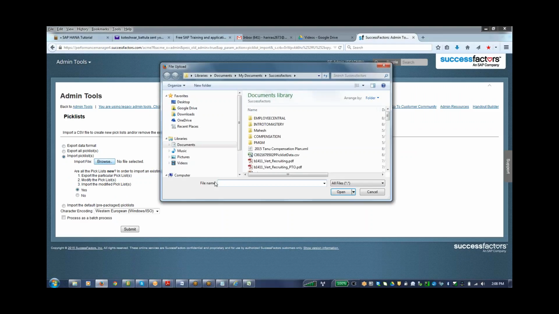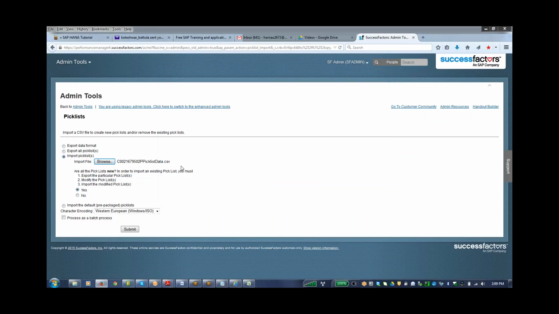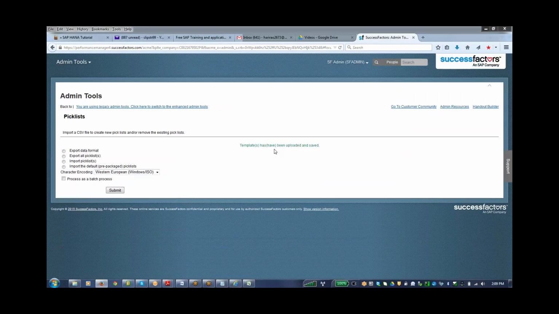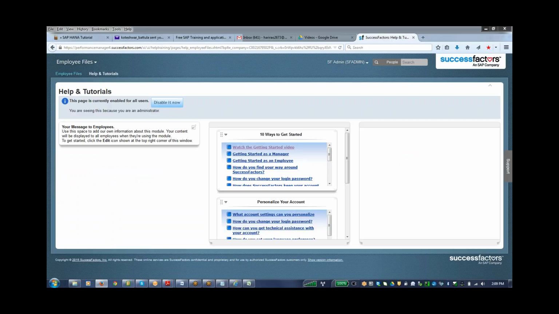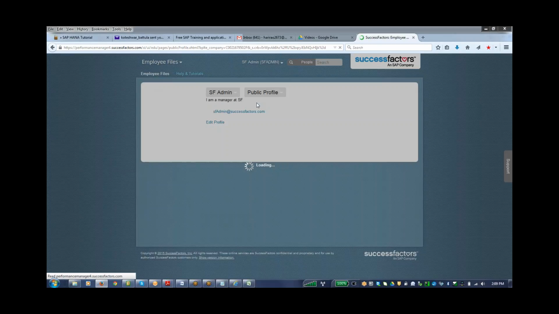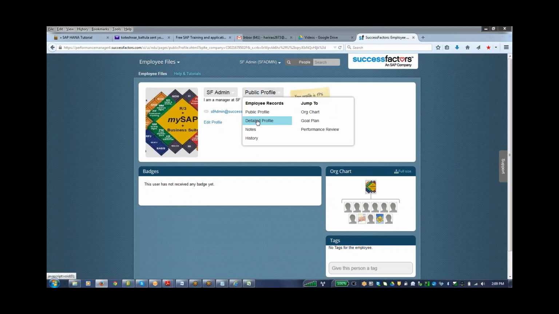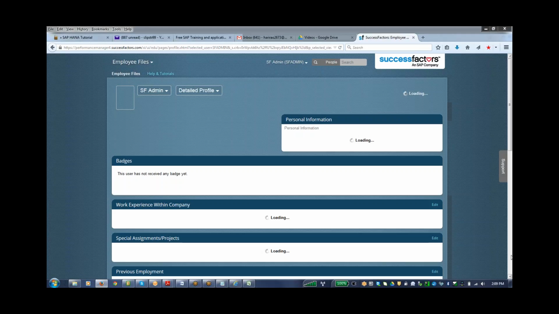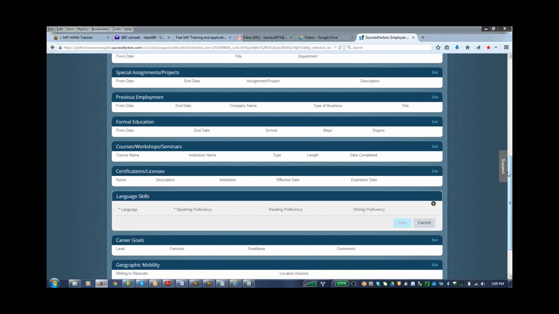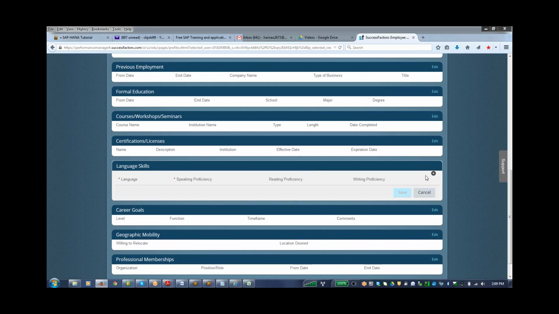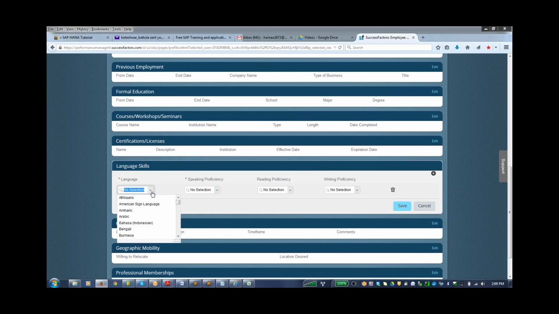I'm going to go back, import pick list. That's my pick list. Click on no and I submit. So now importing, everything is successful, updated. Now I'm going to go back to my employee files. Public profile, detail profile. I'm going to go back into my language skills, add new record, language,